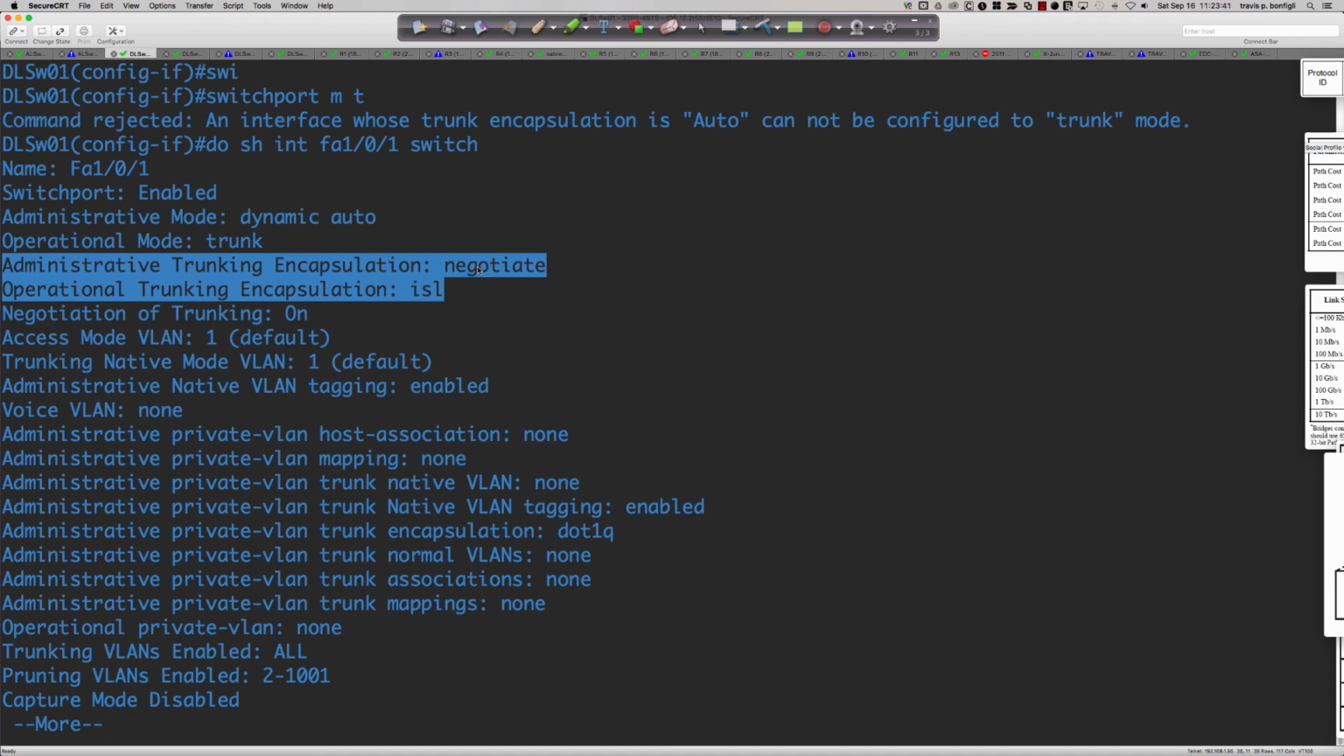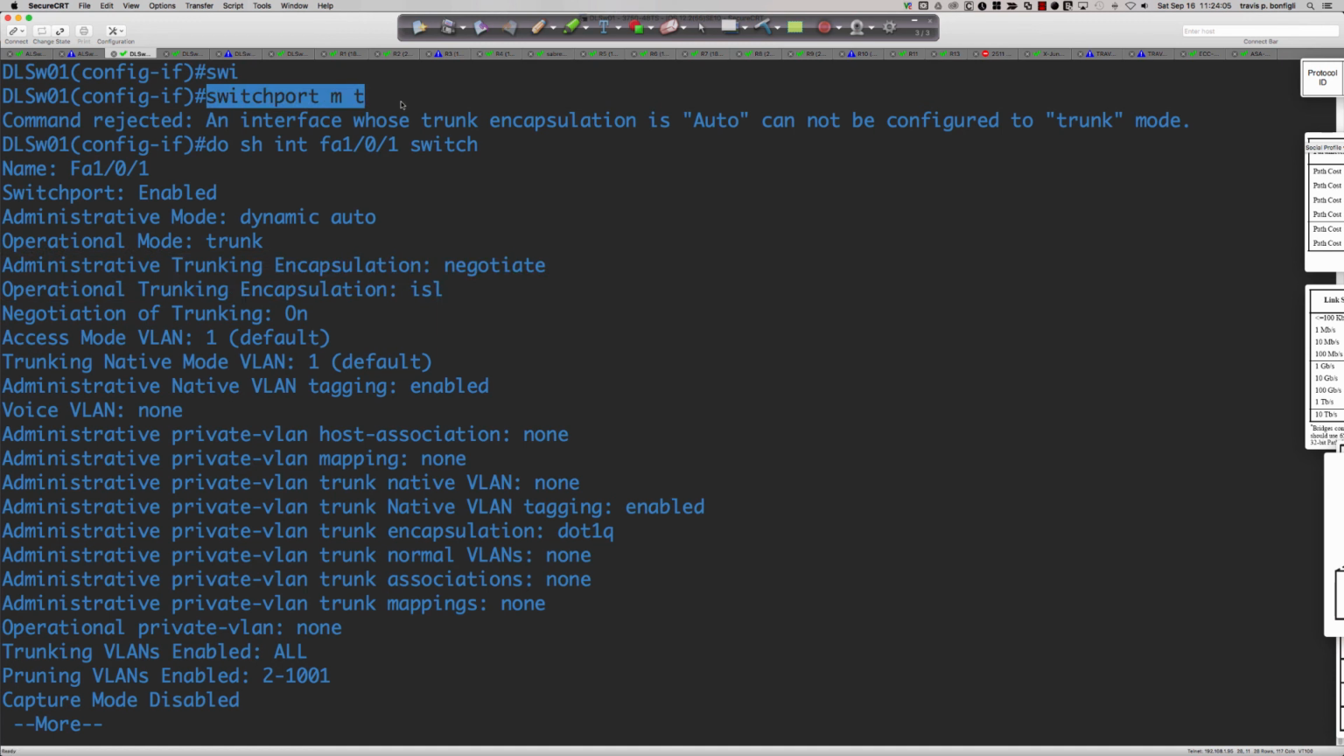Because it's dynamic auto on both sides, right? Remember, it's got to be auto and desirable, or auto and something other than auto on both ends. Because if they're both auto, it's not going to negotiate a trunk. It's going to negotiate a static access, but it tries to negotiate ISL. It tries to negotiate 802.1Q. So when I say switchport mode trunk, what's happening is I am hard coding this port to be